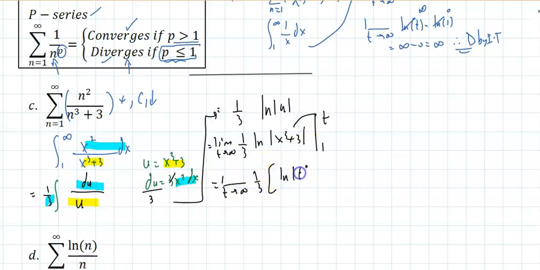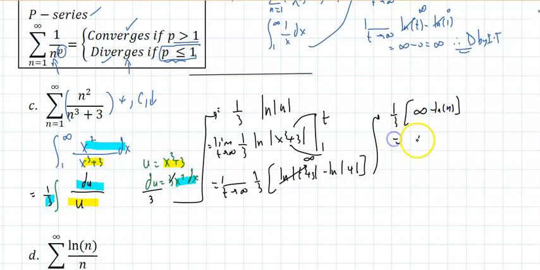Natural log of t cubed plus 3 minus natural log of 1 plus 3, which is 4. But as t approaches infinity, this will be infinity. So I'll be left with 1/3 times infinity minus natural log of 4, which is infinity. That's not a finite number. Therefore, the series n equals 1 to infinity of n squared over n cubed plus 3 diverges by the integral